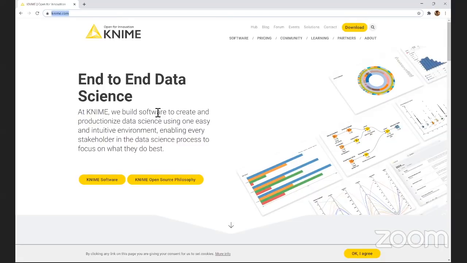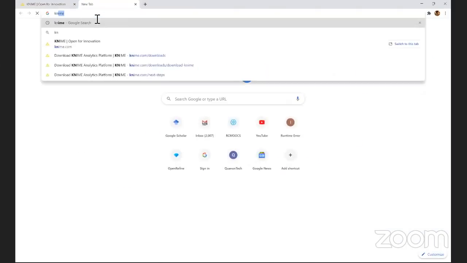So KNIME is completely open source. A large community contributes to KNIME, and it is updated regularly. KNIME is just a visual analytics software which is open source and which can do almost each and every thing that we can do on SPSS or in R. So to use KNIME, what you will have to do, just open Google, type KNIME,